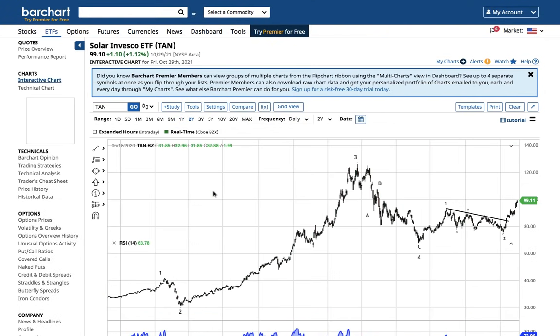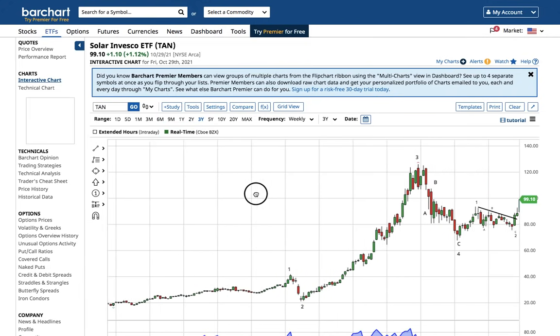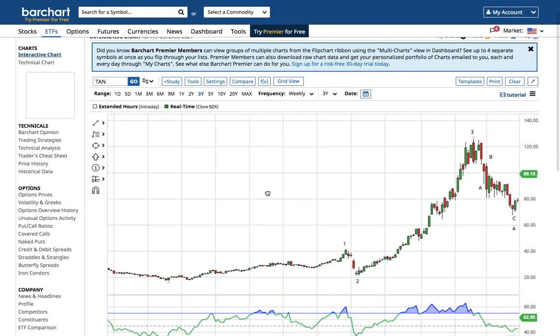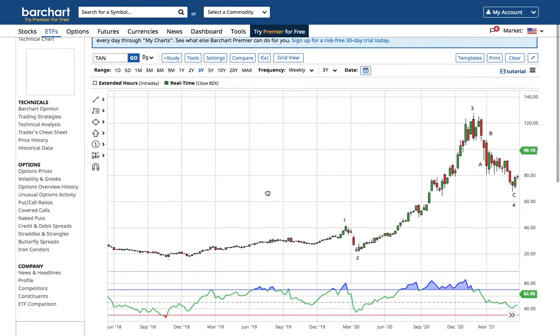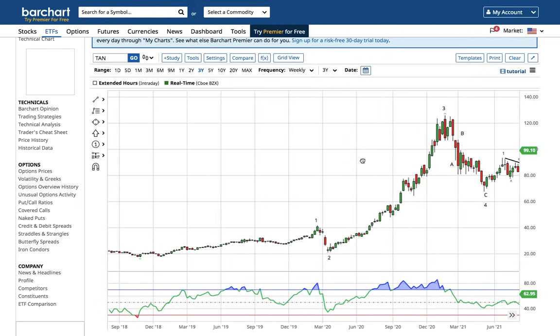So this is the solar ETF TAN. What we're going to do now is talk about the big picture. The big picture for the solar ETF TAN, and this is something that I think everyone has to keep in the back of their mind. Stock market bulls, stock market bears, Tesla fanboys, Elon haters. This is the solar ETF TAN. And I'll tell you right now, this is identical to the ARK ETF chart of a 1, 2, 3, wave 4. And yes, this could be another wave 1 and another wave 2.